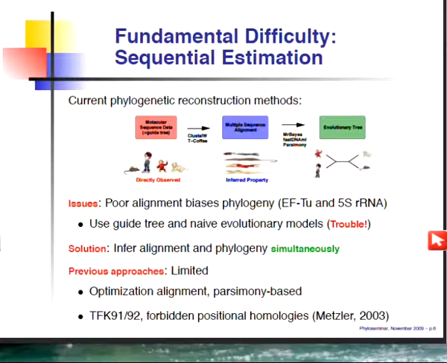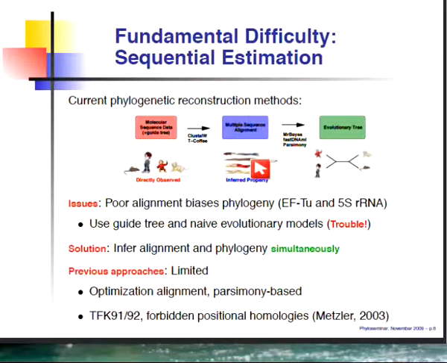What we do observe in nature, however, are the sequences themselves. So the directly observable are the sequences, not the alignment. Traditional, or at least most traditional, phylogenetic reconstruction methods work in a sequential approach. They start with the direct observables and then use standard alignment software, and here I've just listed two, ClustalW or T-Coffee, to arrive at a multiple sequence alignment. These approaches then generally condition on that multiple sequence alignment being true.